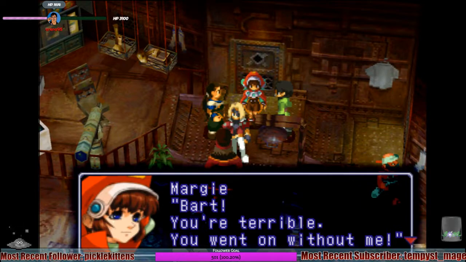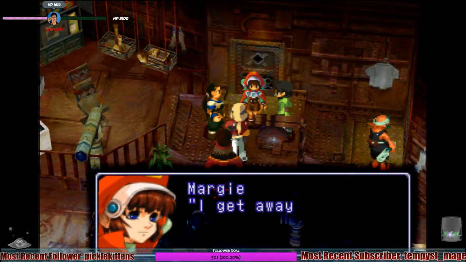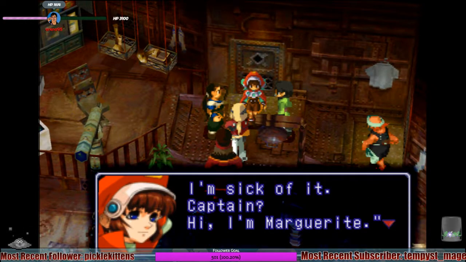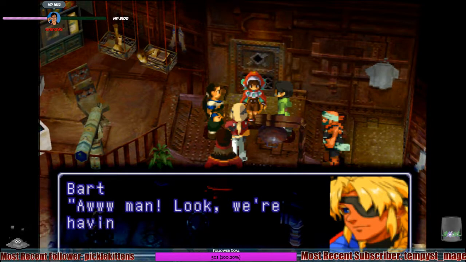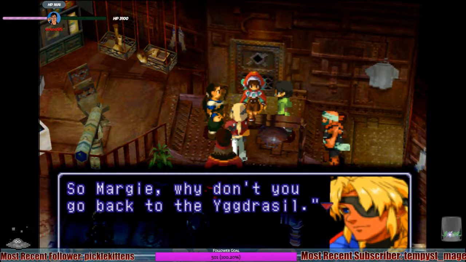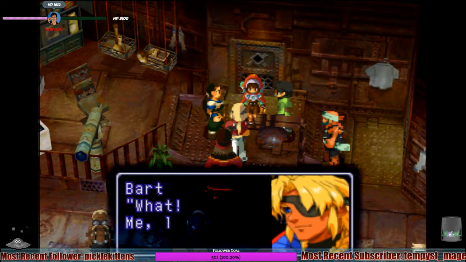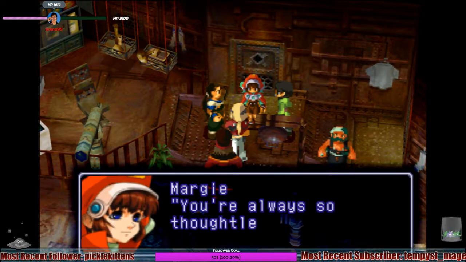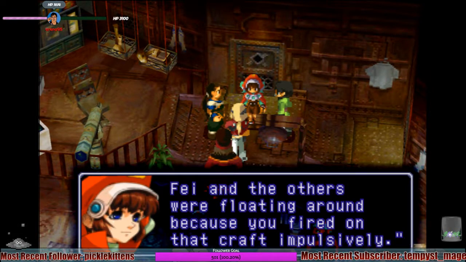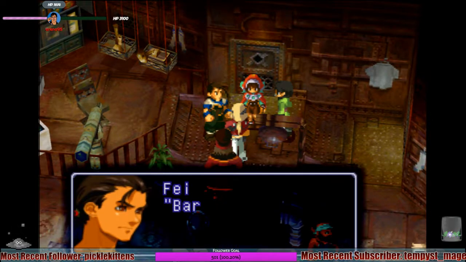Bart! You're terrible! You went on without me! Oh, Margie, just when I'm starting to sound like a captain. I get away from Nissan and then I'm stuck on the Yggdrasil? I'm sick of it! Captain, hi, I'm Marguerite. Oh man, look, we're having a man-to-man talk here. So Margie, why don't you go back to the Yggdrasil? You're terrible! You're starting to sound like Sig. What? Me like Sig? You're always so thoughtless, Bart. Faye and the others were floating around because you fired on that craft impulsively. Whoa, stupid! You're not supposed to...